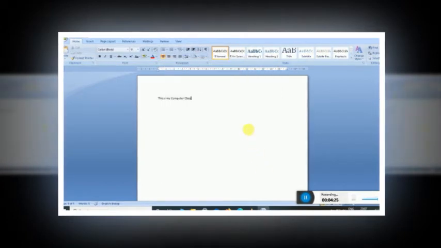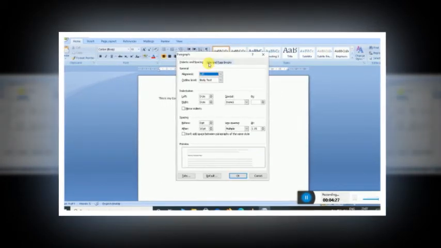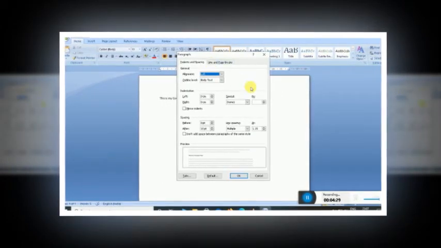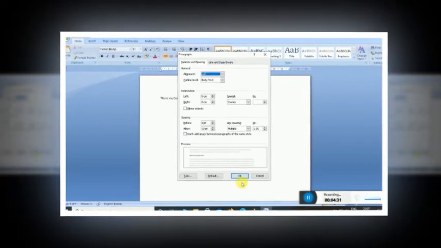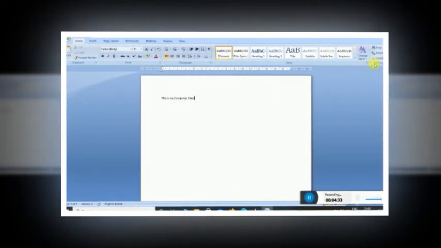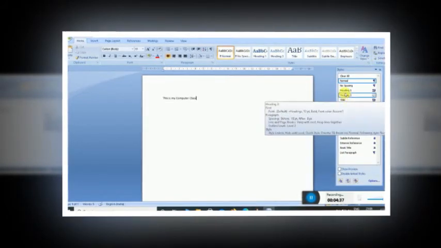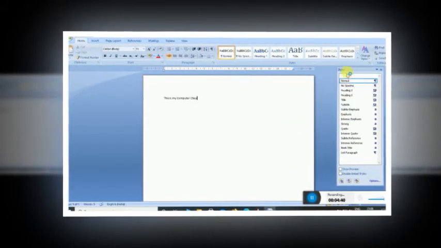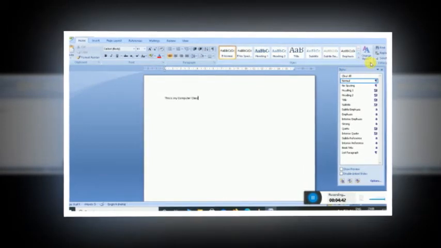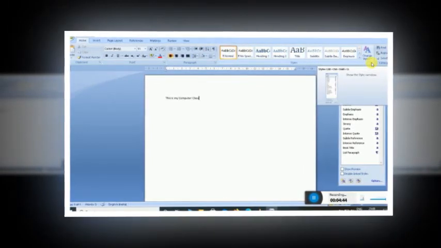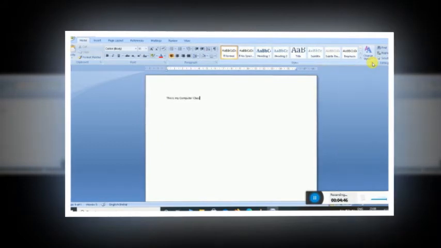Now you can set the paragraph settings with the help of the dialog box launcher. You can change the line spacing or headings and many more with the help of this dialog box launcher.